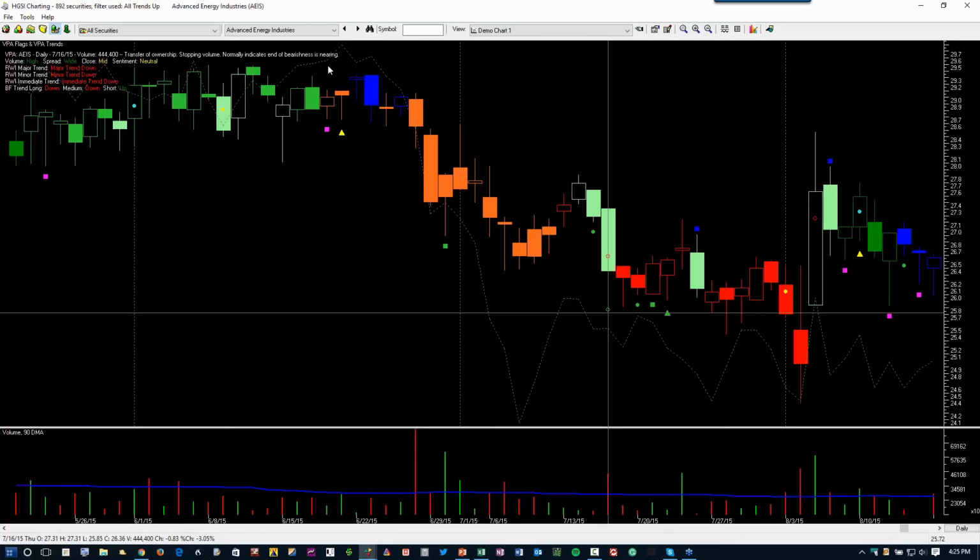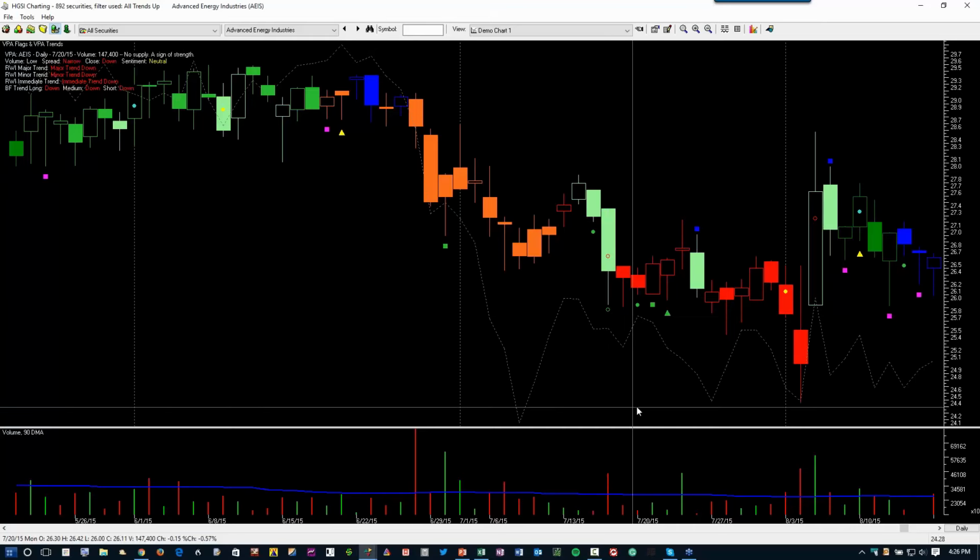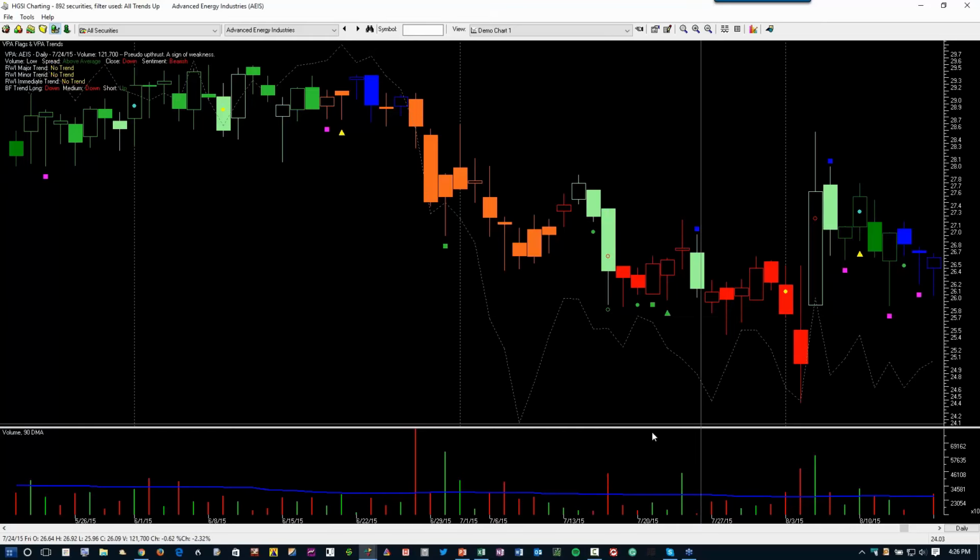As you can see up here, it normally indicates the end of bearishness, and it did temporarily, and this started to go up. But notice that the group is so important, as I keep hammering. The group held here, and then it went down, and then this stock started going up. But stopping volume happens. Let me get rid of this. It happens